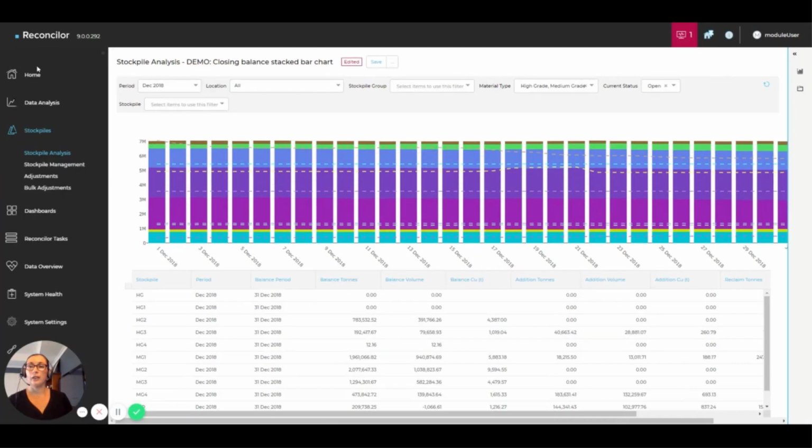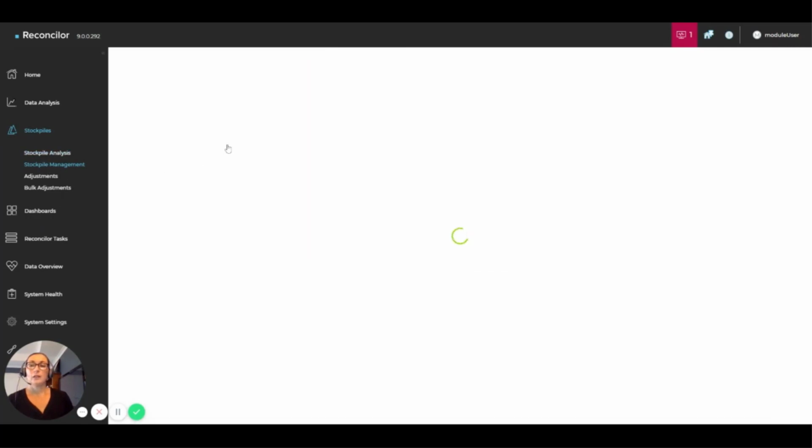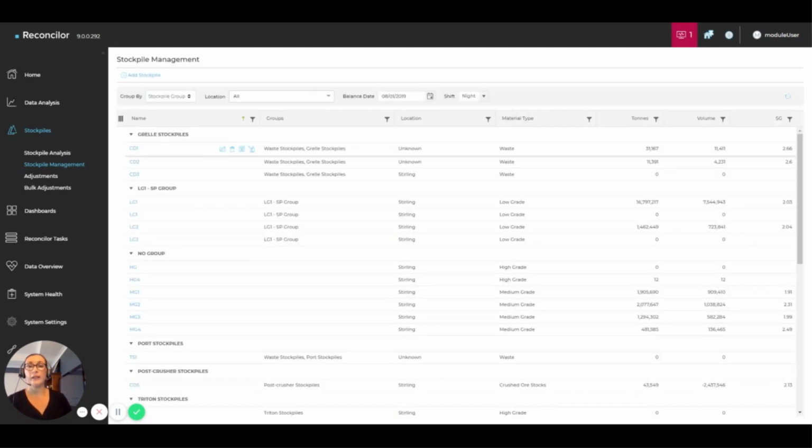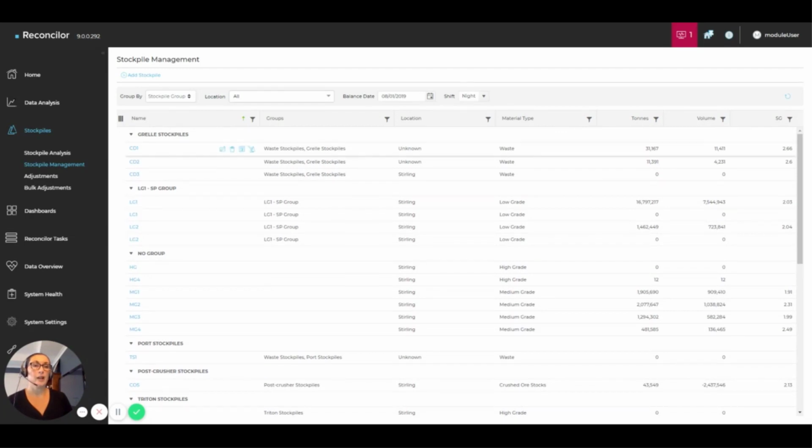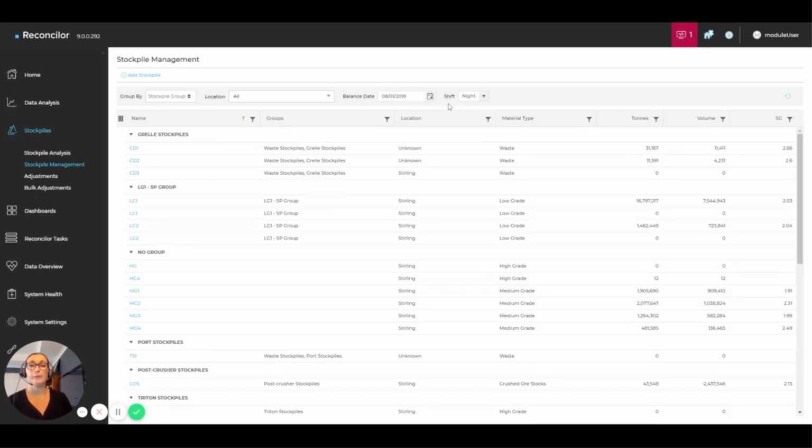I'll just take you through now to the management screen. So the management screen is just a way to manage your stockpiles. You won't be in here very often. It is just the options to edit, to delete, to set an algorithm. So you can change the modeling algorithm type at any stage, and also make adjustments to the stockpile. It will give you a closing balance, not your grade, but your closing tons, volume, and obviously an SG density, so that you can make sure that that volume and tons equation is correct for any particular date and shift